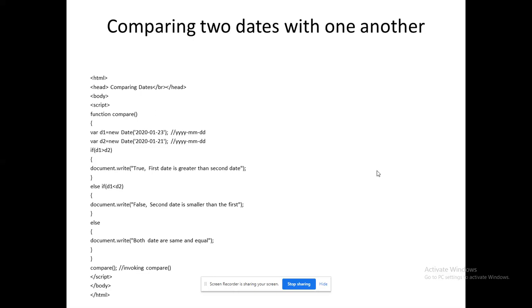To revise today's learning, we have come across what is an exception, what is an error, what predefined errors are available, and what the error object consists of, name and message. What are the exception handling mechanisms available in the scripting engine? We have try catch, we have throw, and we have try catch finally. Along with that, we have seen how to compare two dates. By that, the portion of JavaScript was completed, and we will introduce JSP or servlet in the next session. Thank you. Happy learning.